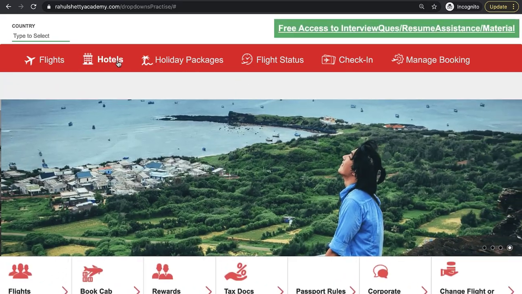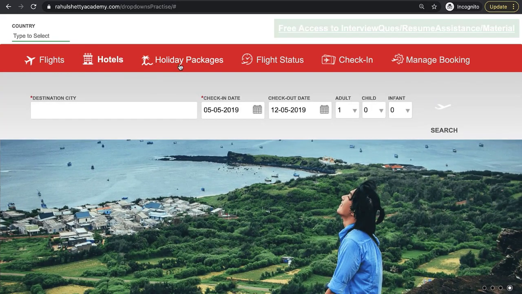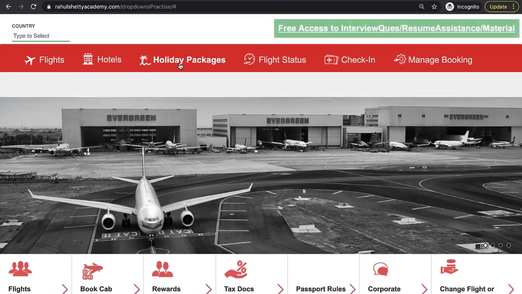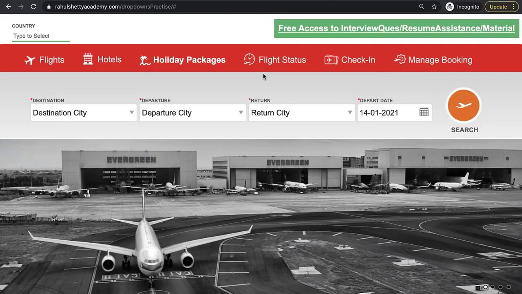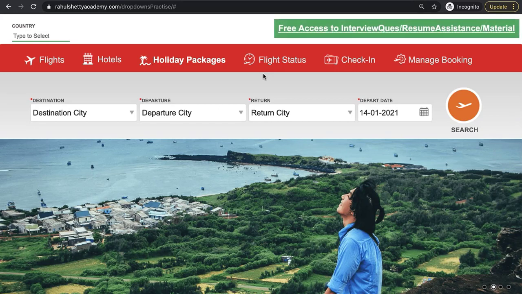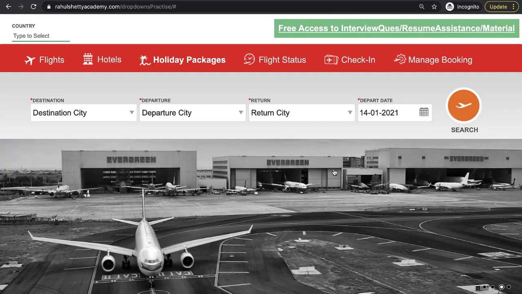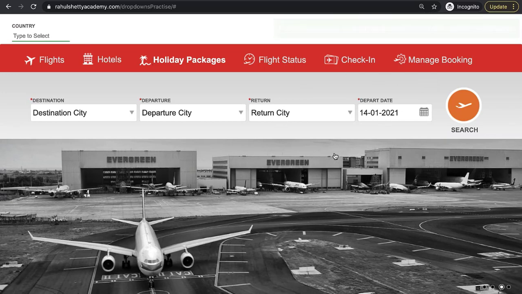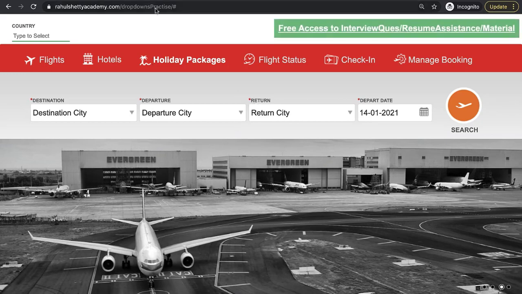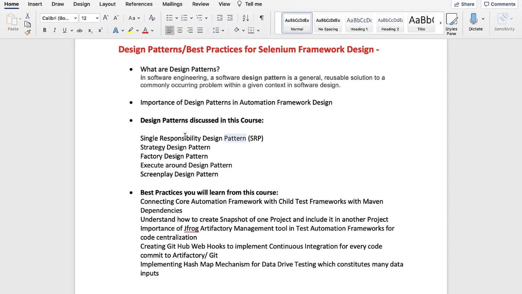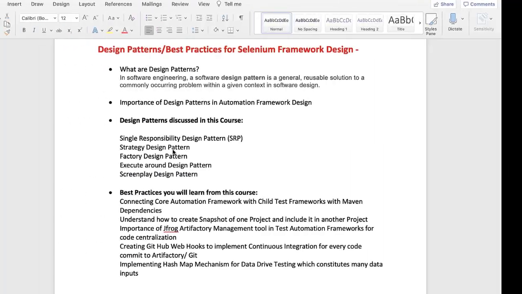You can book the flights, you can reserve the hotels, and you can make holiday packages. Everything is on the same page. If you follow page object model, you have to end up writing all these page objects in one single page, because that's what page object says. But there are a lot of functionalities here. So it will be a mess if you have some hundreds of objects sitting in one single home page class, right? But we will break it down using design patterns, and we will make it more efficient, which we will see live in upcoming sections.